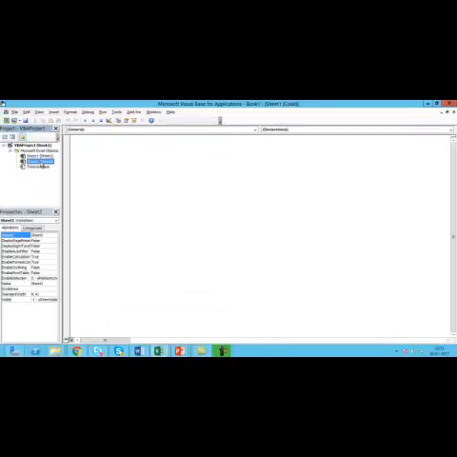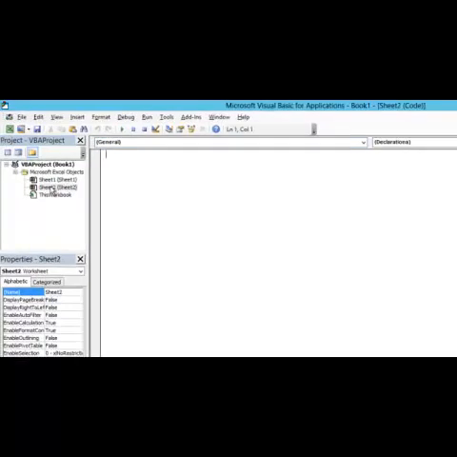So for each sheet, there is a separate code window associated with it. Now if you just double click on it, you can see in the title bar it is Sheet 1 code. If you double click on Sheet 2, we get the Sheet 2 code window. Similarly, if you double click on this workbook, we get the code window for this workbook. So in Excel VBA, we will be writing different types of code.